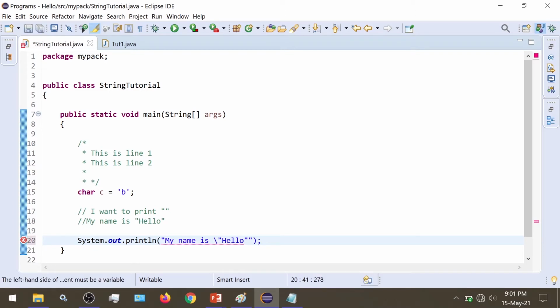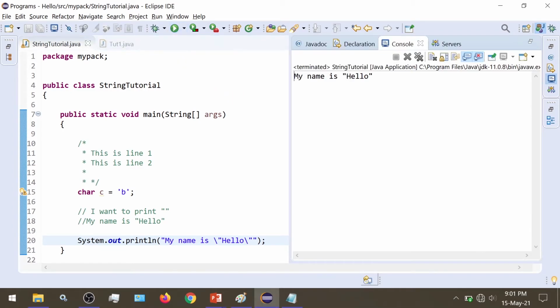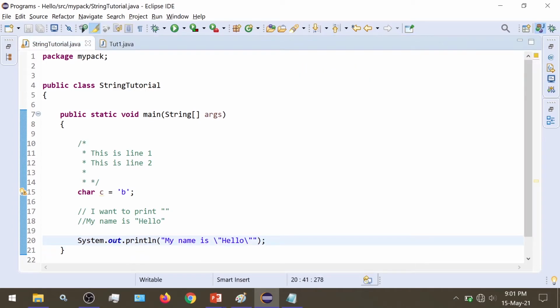We have to use a backslash and then the double quotes. When we do it like this and print it, we get our output my name is, and then these double quotes are printed here because we gave the escape character. These escape characters give a different meaning to existing characters.